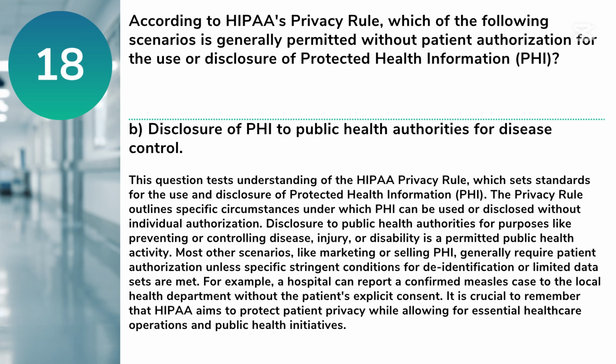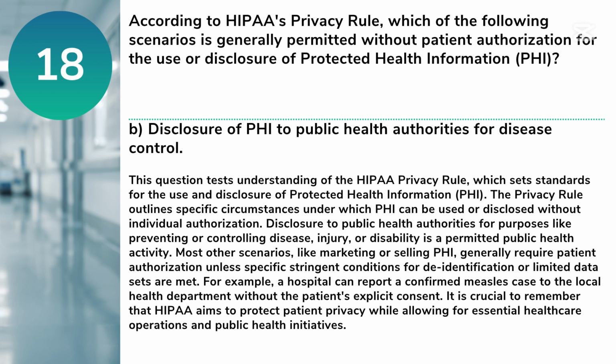Answer: B. Disclosure of PHI to public health authorities for disease control. This question tests understanding of the HIPAA privacy rule, which sets standards for the use and disclosure of protected health information, PHI. The privacy rule outlines specific circumstances under which PHI can be used or disclosed without individual authorization. Disclosure to public health authorities for purposes like preventing or controlling disease, injury, or disability is a permitted public health